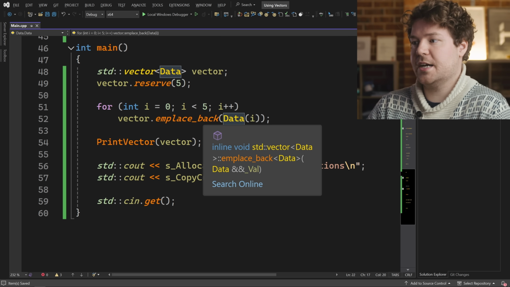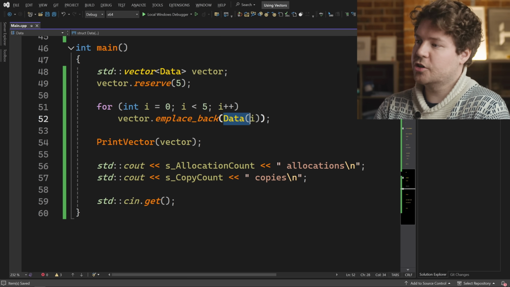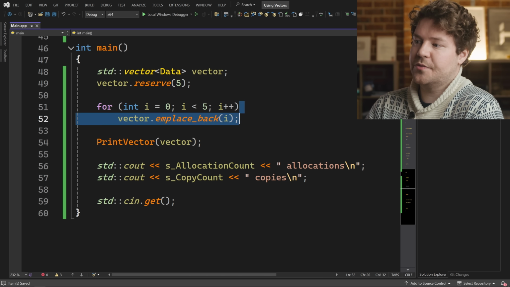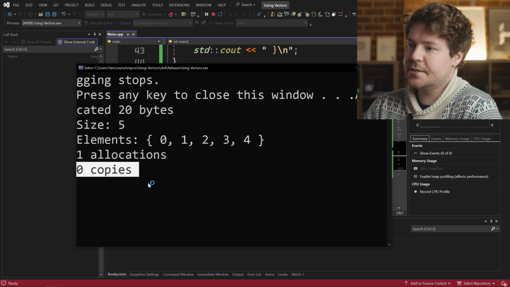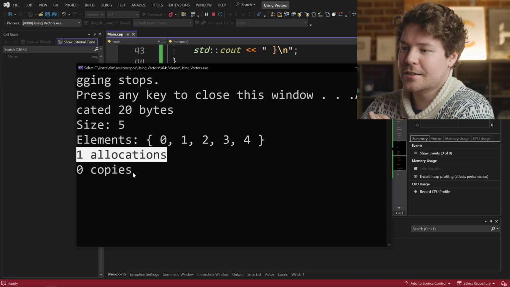You can see I can go from push back to emplace back with no real change, but the magic obviously comes from actually forwarding along those constructor arguments. And so if I run this, 0 copies, 1 allocation and 0 copies. That's the dream. Now I would be a little bit sneaky here if I didn't actually talk about moving rather than copying,